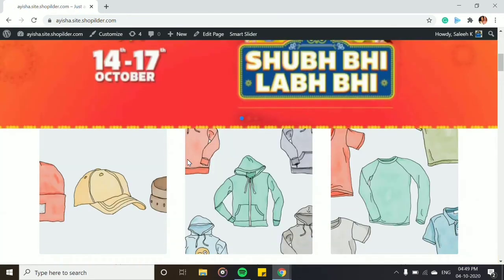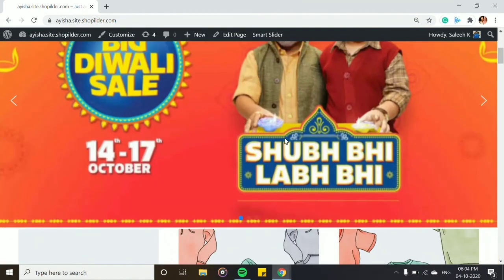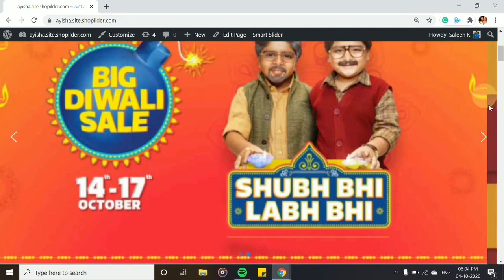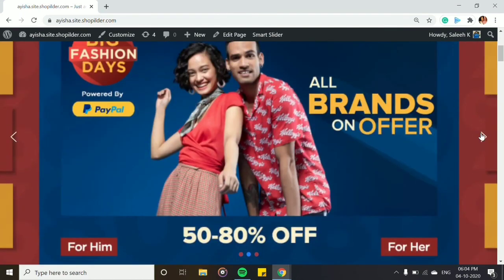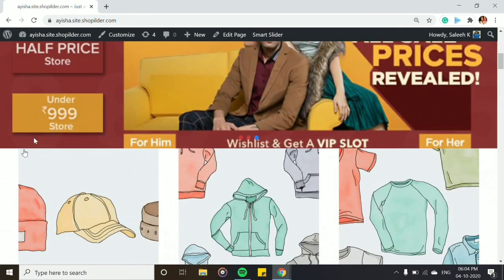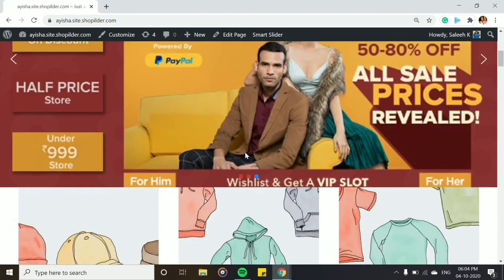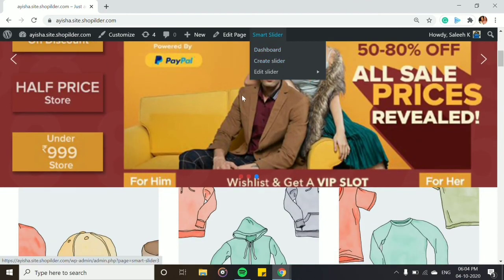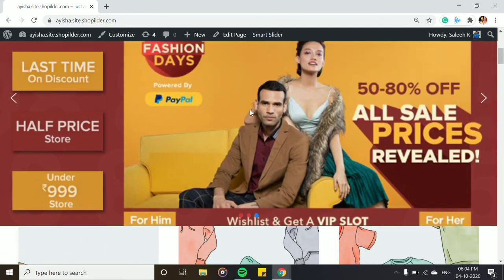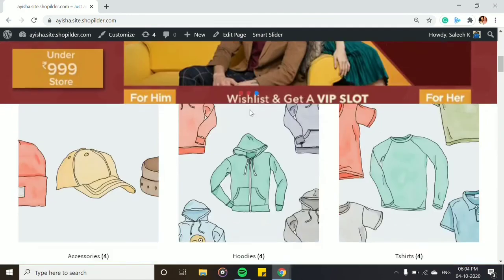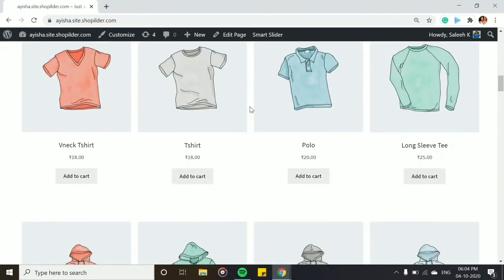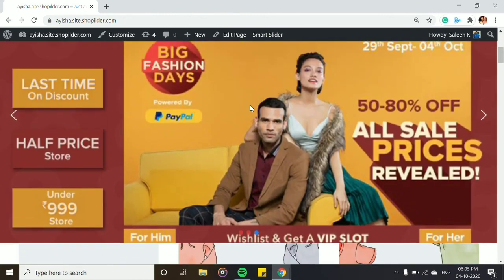and voila, my shortcode worked. My slider has turned out to be really good. As you can see, there are a few problems, like you can see that the timer is a little long. I can reduce that, and I have to edit a few parts also where there's a gap between this next section, and you can edit that from the Smart Slider dashboard. Also, this site is very much optimizable in the mobile version. You can see that this portion will be very much optimized for your mobile site, and that's a plus point of the Smart Slider plugin.